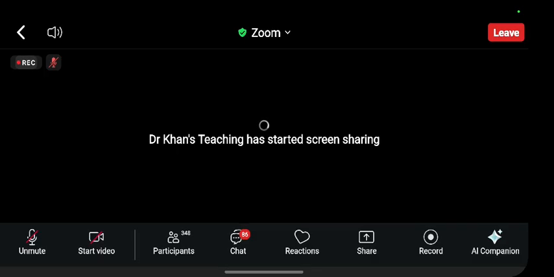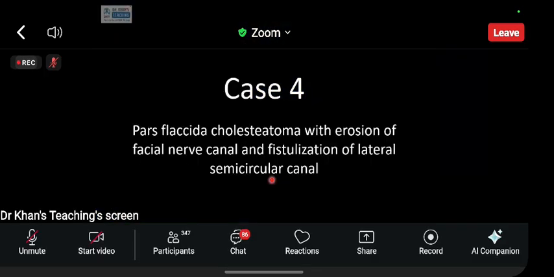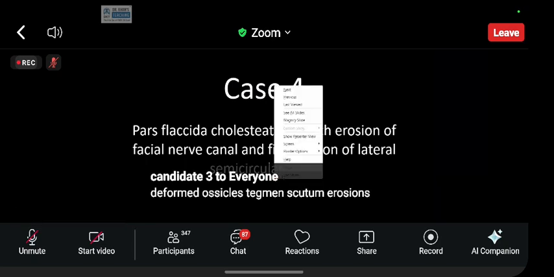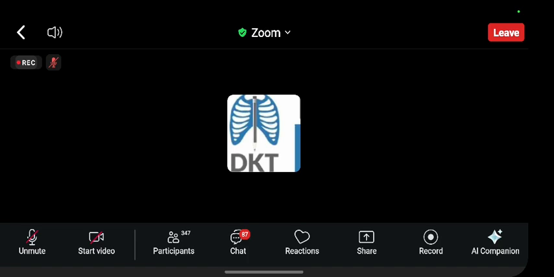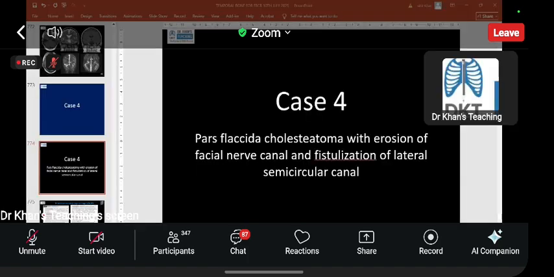Okay, now listen very carefully, a few slides about cholesteatoma. Now, if you ask me, other than infection, which is the most important part, actually, sorry, there's a typo on the slide which I am showing you. So the correct thing is that this is